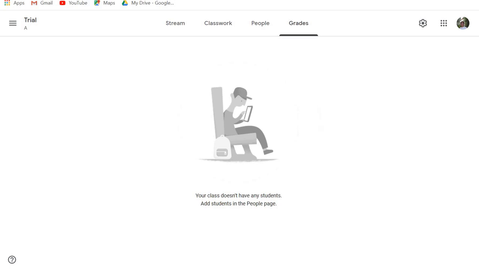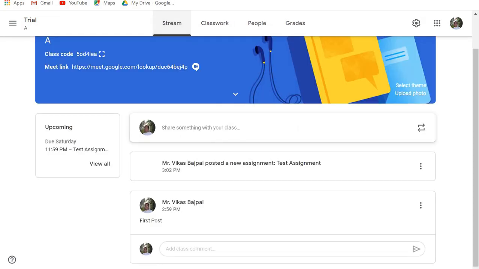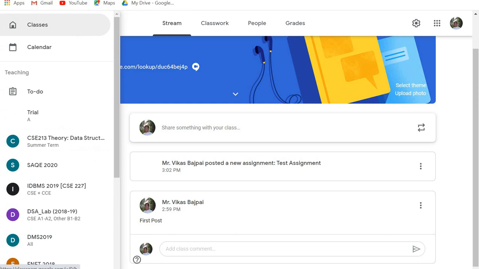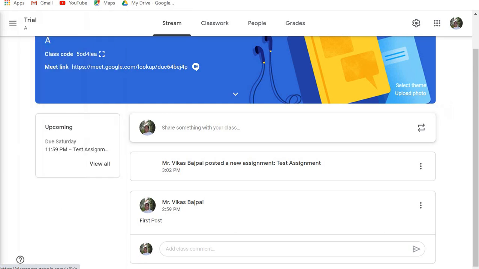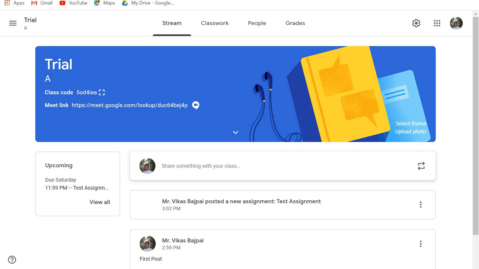So all these things are displayed here, and this particular grade section also has the option of whether you want to show the grades to the students or not. So this was all about this particular Google Classroom, where these are some of the options. There are multiple options.